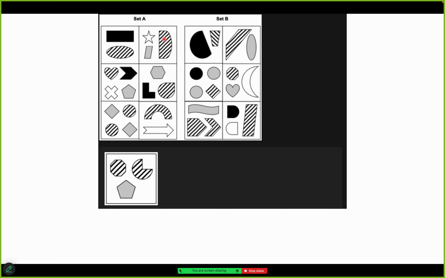And then if you see the sides, the actual answer is that the set A hatched shapes always have at least one curved side, while in set B, all the hatched shapes have only straight sides. That's the answer. Sometimes you may not get to that answer, but if you have an idea, like the shape having the least sides, sometimes that will work out for a few things. But once you work out the correct answer, that the hatched shapes always have a curved side in set A while they all have straight sides in set B,